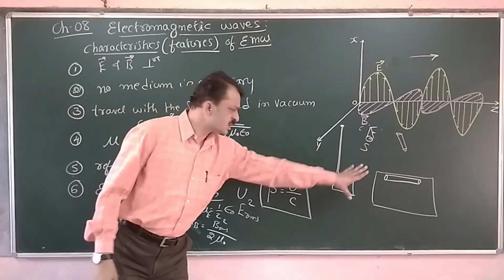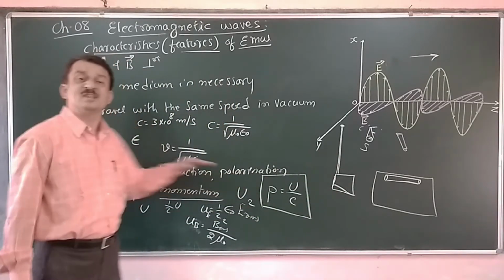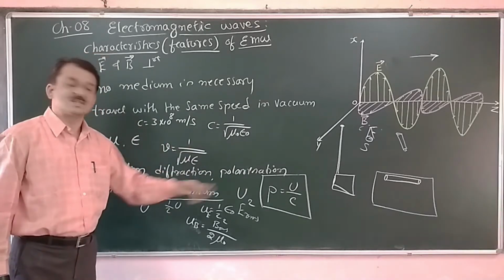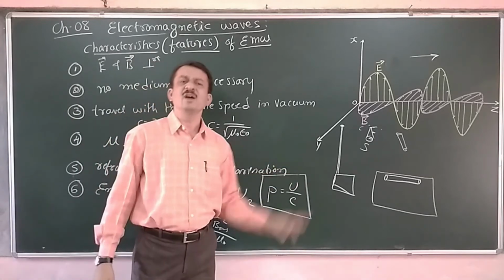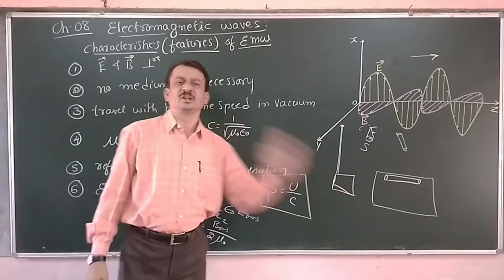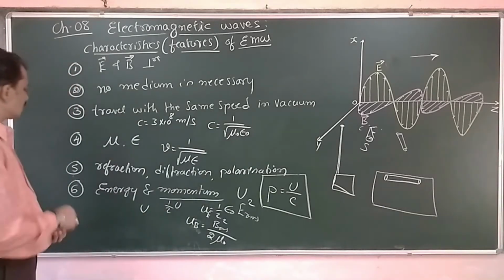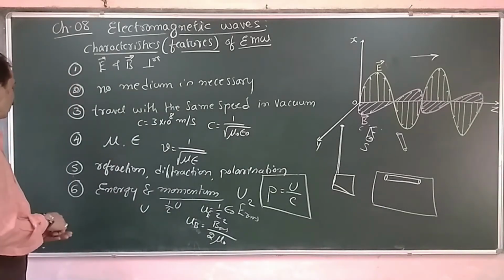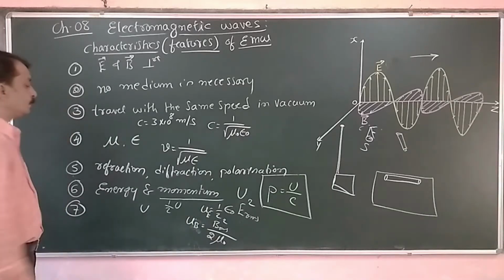Now, all these things will be explained on the basis of polarization. That means electromagnetic waves are polarized. That means, very simply, the vibrations are restricted to a particular direction. That is the meaning of polarization. Now, these are some properties of the electromagnetic waves. And also we have one more property,